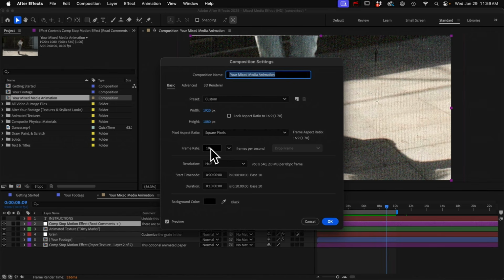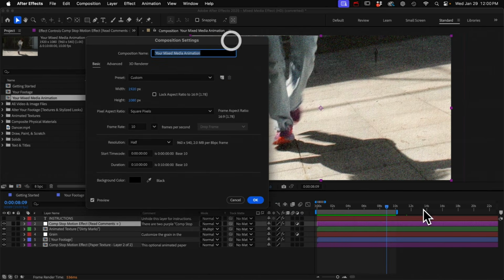That helps it preview faster and it gives it a choppy look. Actually, I have not been able to figure out any way to export or render at under 10 frames per second. If you set this to 5 frames per second, it's still going to export at 10 frames per second. And anyway, what I usually like to do is have the clip play at a normal frame rate in that first second or so, and then transition into the mixed media effect. So I'm just going to set this to a normal frame rate, like 30, or you can do 25,